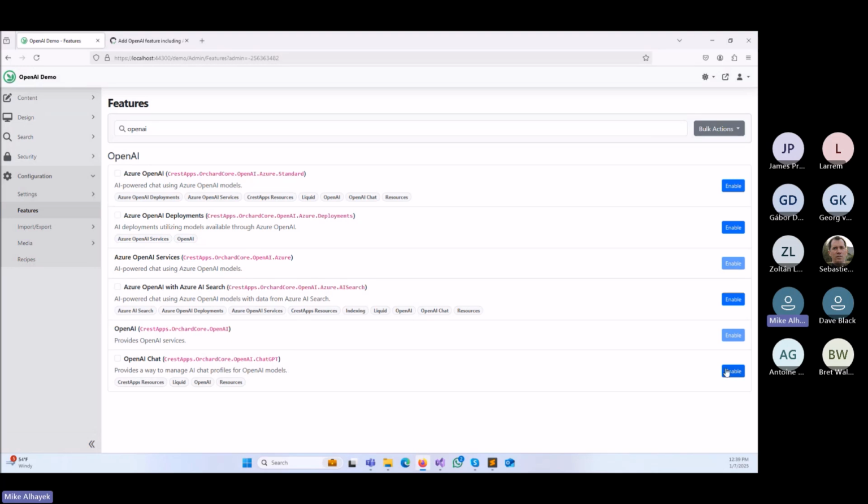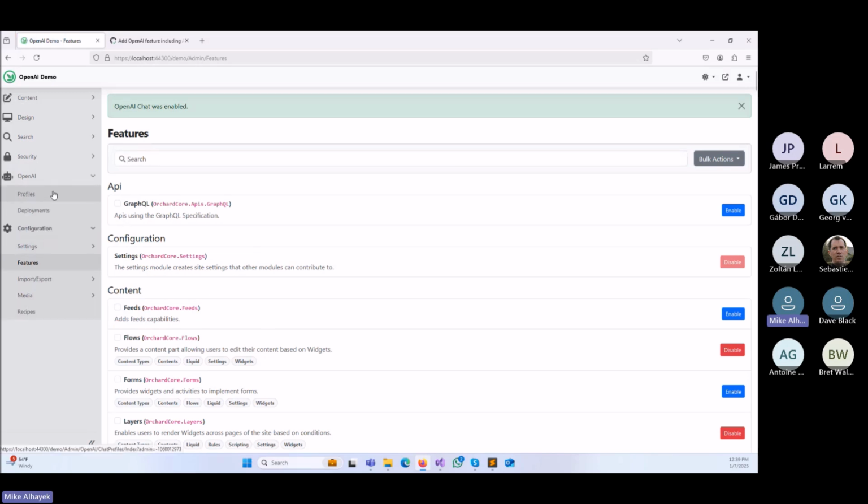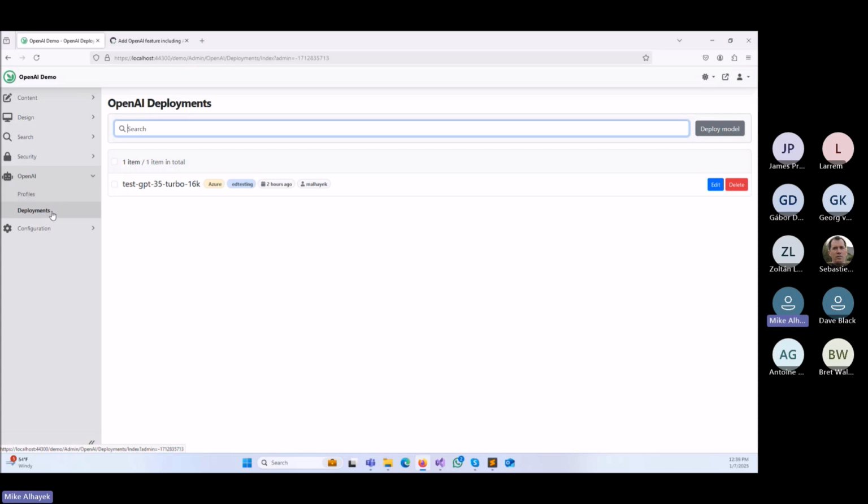This one just provides you a way to have profiles and be able to define your chat instances. So I want to enable this one first and kind of show what this one does. It provides you 2 things. It provides you a UI for deployments and also a